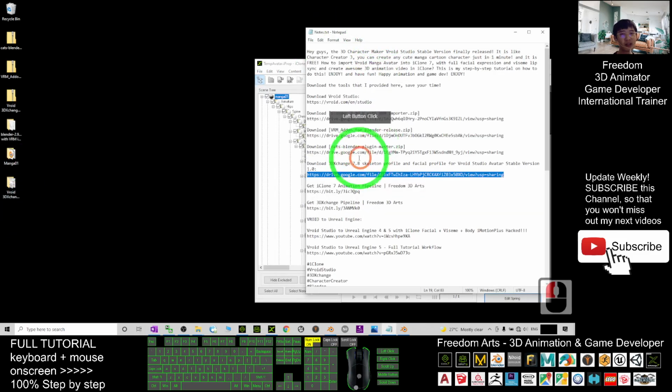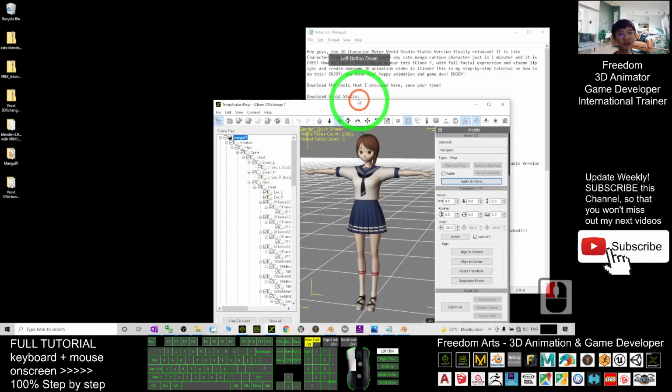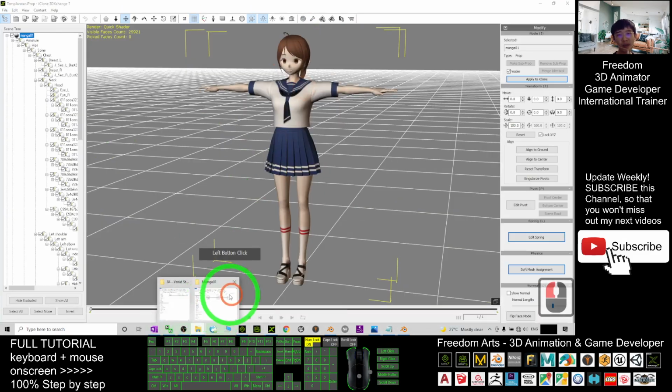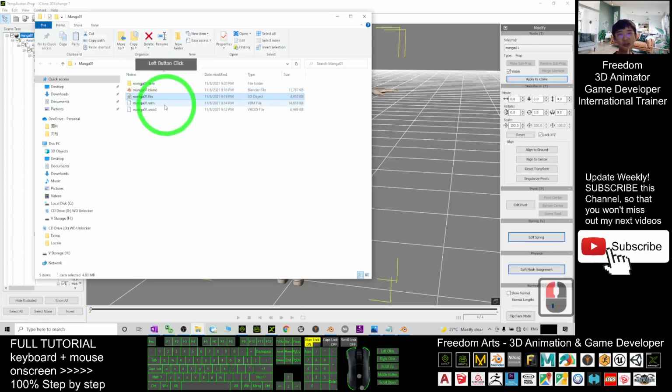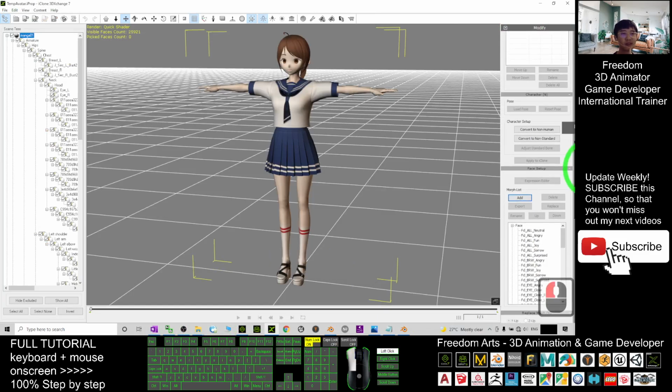This is the one that you download from the link in your video description. At this moment, you open your Manga 01 folder. Next, you scroll down your 3D Exchange 7, click Convert to Non-Standard,